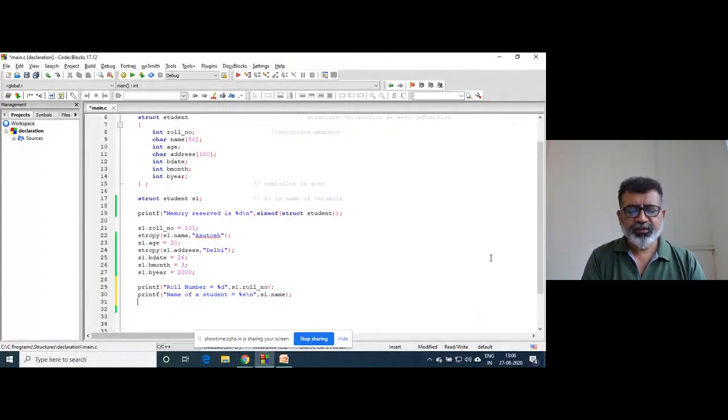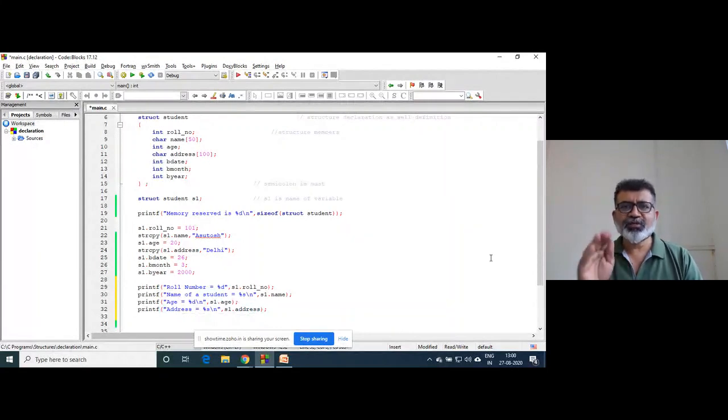You have to attach that. Print age, percent d, slash n, S1 dot age. Print address equal to percent s slash n, S1 dot address. You can even write puts S1 dot address, because it is a string. Then S1 dot